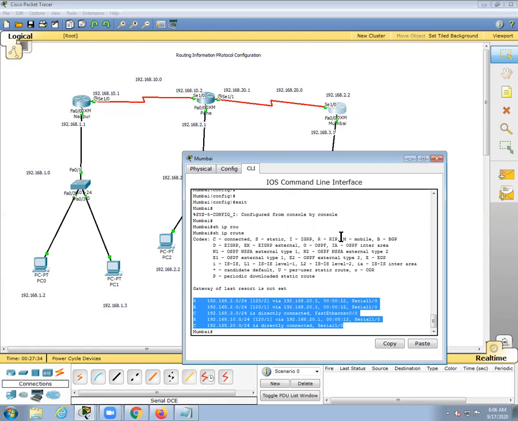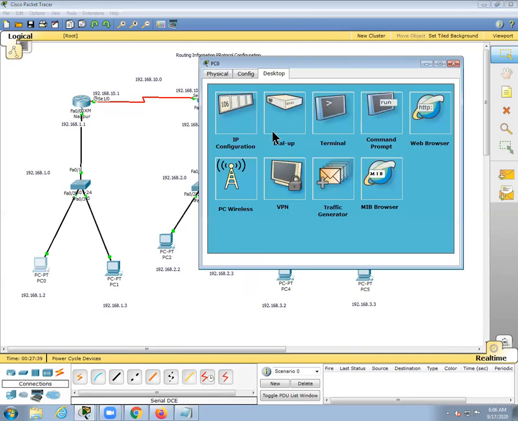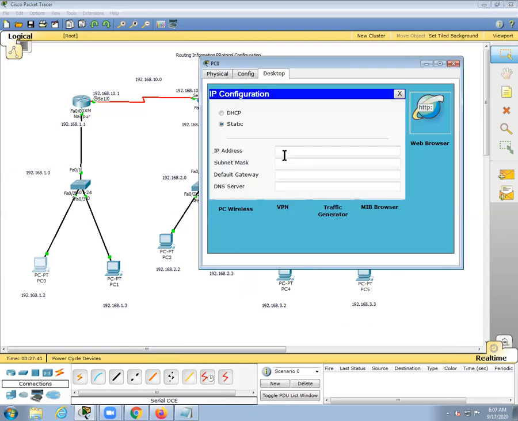This is the RIP protocol. Now give the IP address to the computer also so that we can check. Go to the computer: 192.168.1.2. Give the gateway, that is 1.1, guys.